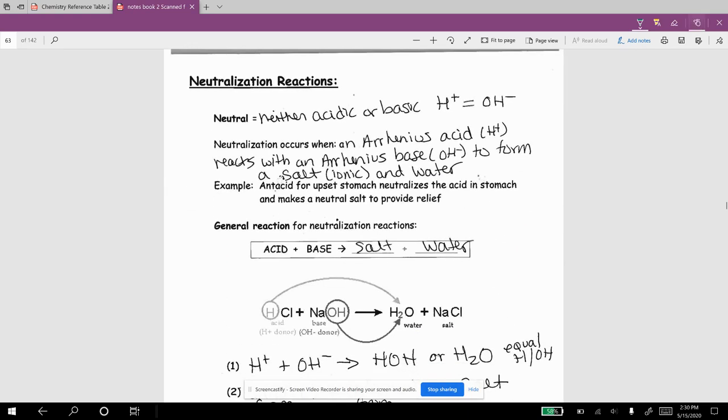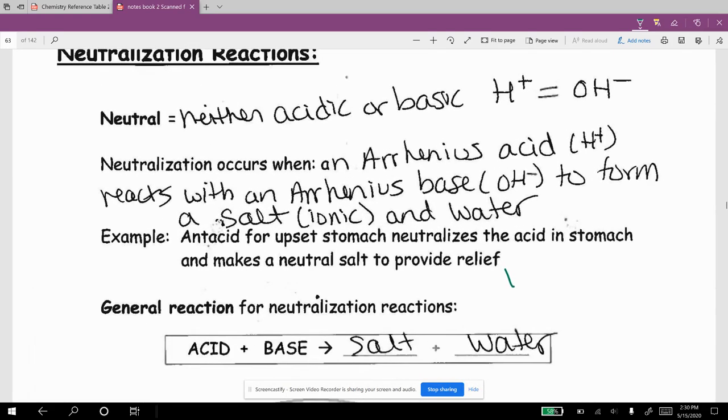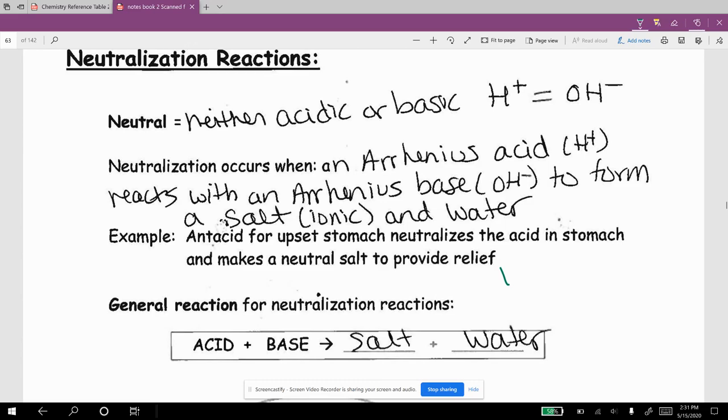Okay, so let's talk reactions. Let's talk neutralization reactions. So what does neutral mean? Neutral means it's neither acidic nor basic. That means that the H+ equals the OH-. So what do you think of when we think of the word neutral? We think of water being neutral. I feel like I should use blue since we're talking about water. So water is neutral. I have two hydrogens and an oxygen. But what is water? It's the H+ with the OH- being equal, two hydrogens and the oxygen, HOH. The pH is equal to 7,